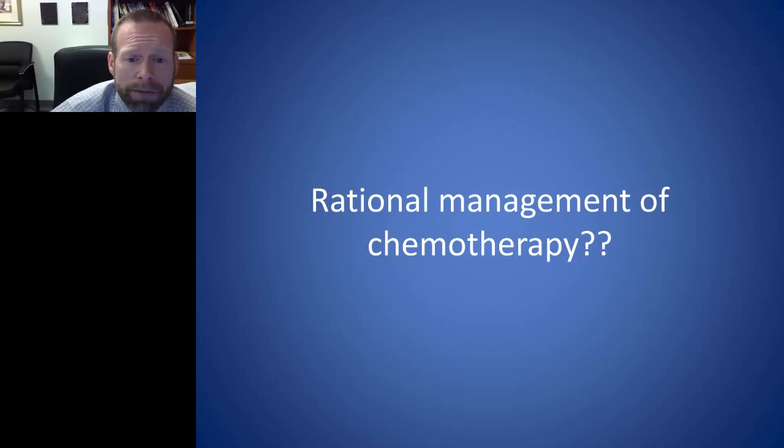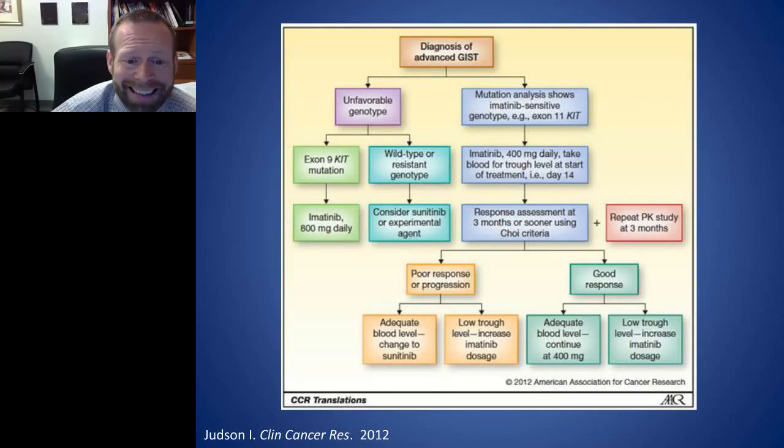So this is a really nice figure that I wish I had done, but this guy, Judson, in Clinical Cancer Research published this a couple years ago, and I think it's fabulous. It starts with diagnosis of advanced GIST, and this can be based on molecular testing or tumor marker testing or clinical evaluation, but once you determine that the patient has the disease, then you go in to make an assessment of whether or not they have a favorable genotype. In this case, we're looking at the KIT genotype. As we mentioned, if you look at the unfavorable genotype, if you have the most resistant genotype,